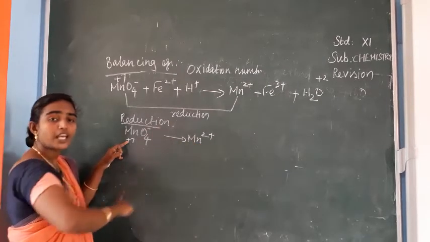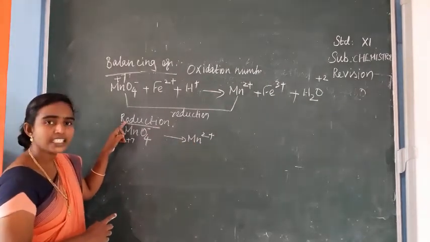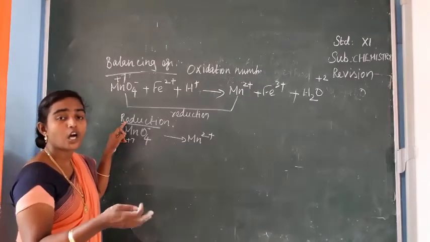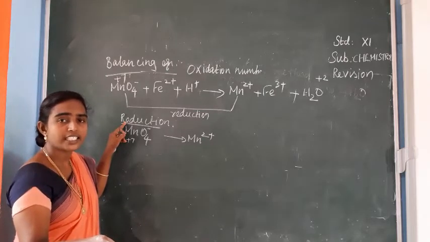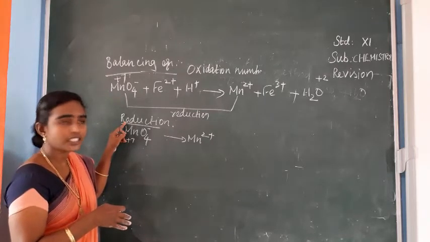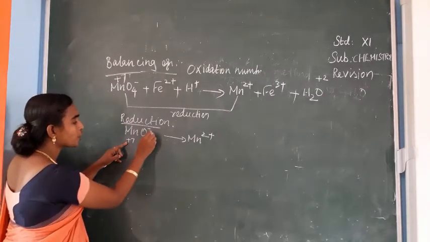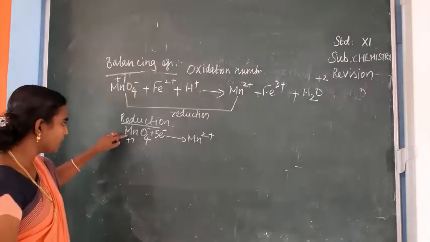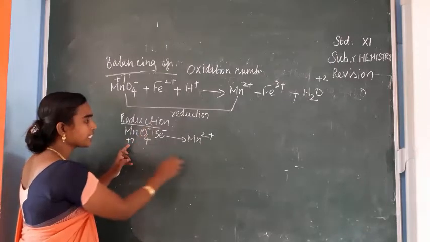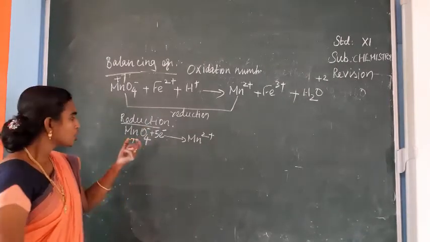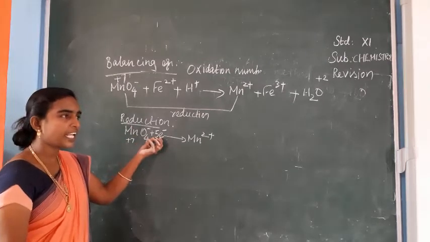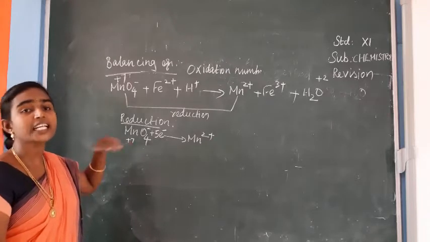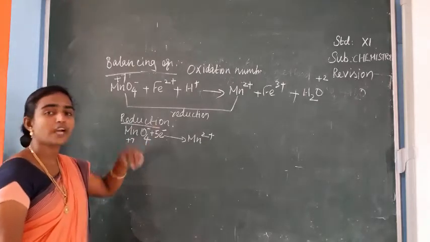So in terms of electrons, how can we explain that? Reduction is addition of electrons. Removal of electrons, loss of electrons, is called oxidation. So addition of electrons is called reduction. So here how many electrons are gained by this permanganate ion? That is 5 electrons. For MnO4 minus, the difference in electrons is 5, already we have seen, isn't it? So this MnO4 minus, after gaining these 5 electrons, has converted into Mn2 plus. This is the way of writing the reduction reaction. So with these electrons we have to write the reduction.